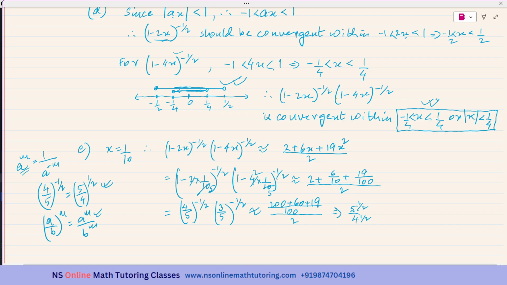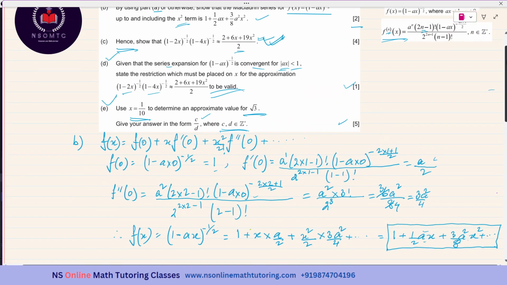Previously this was A over 1, so 1 has come up and A has gone down. Same over here: 4 was in the numerator, now it has come down into the denominator, and this 5 has moved up. So the sign of the power has changed. Previously this was positive m, now it has changed to negative m. Okay, so these are the two rules of indices that I have applied, and this is 5 to the power of half and 4 to the power of half, and also 5 to the power of half and 3 to the power of half. Okay, now you see 3 to the power of half is root 3.